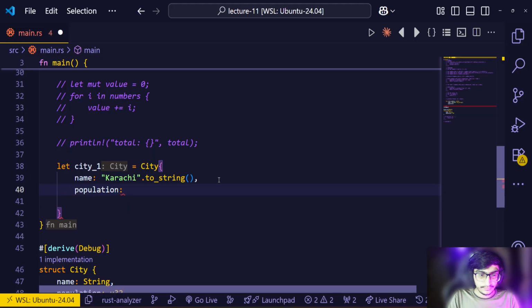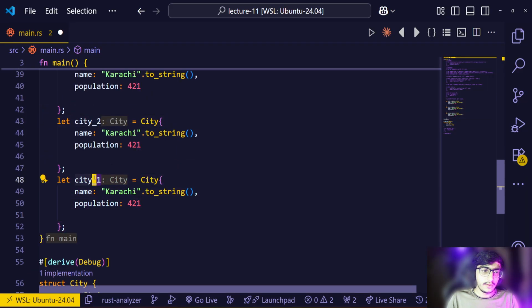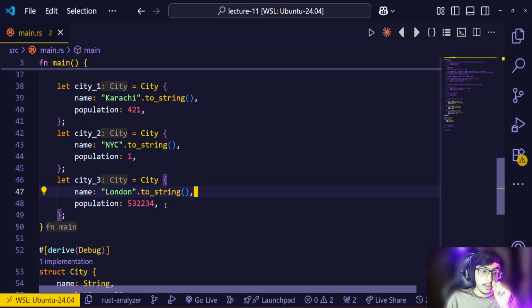Population, let's say 4 to 1, create 1 2. Okay, so city 2, city 3. Let's just say New York, NYC, New York City, and then the third one. Okay, and then 1, and let's say a big number here. So now